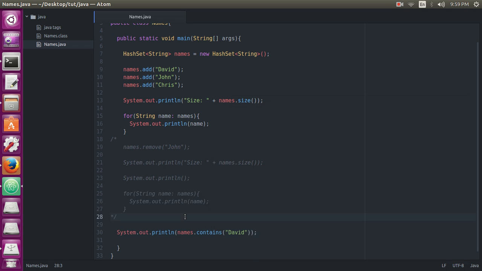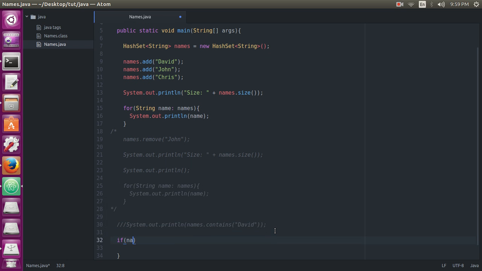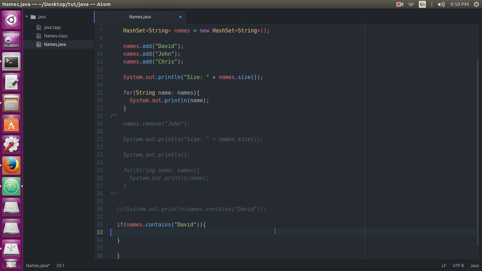And we can write this part of code in a more systematic way. Let's compile this part of code also. If names dot contains David, then print System.out.println, now it will give us a correct message.